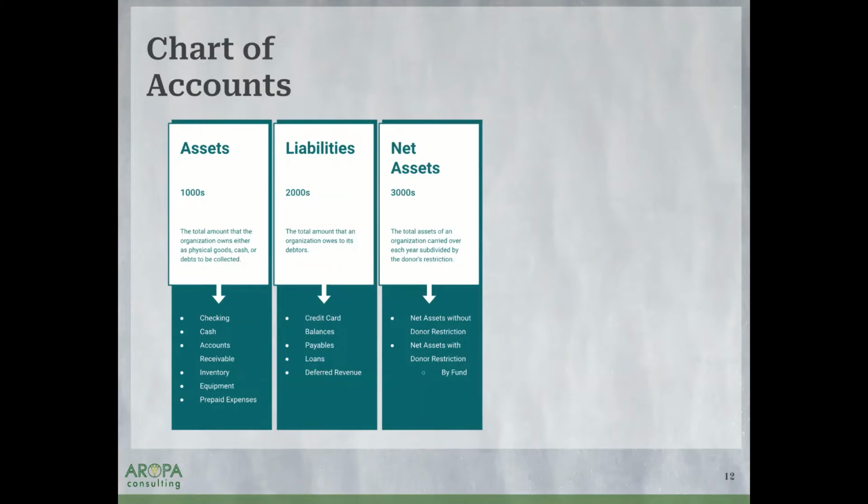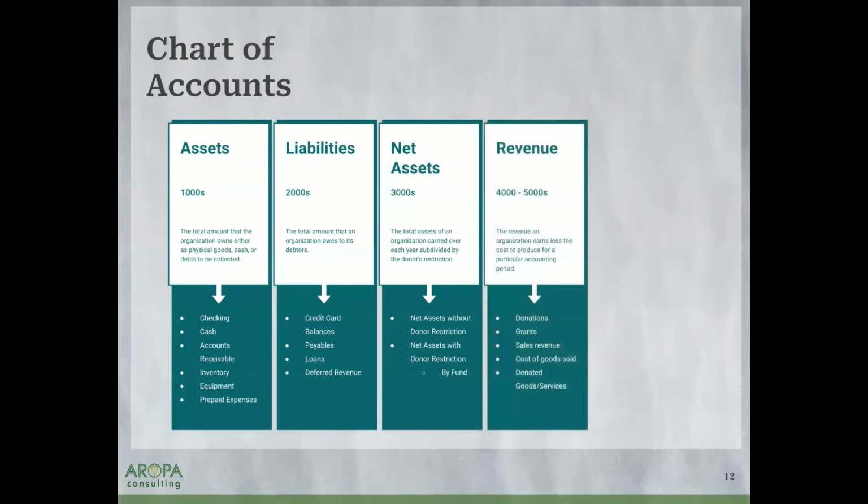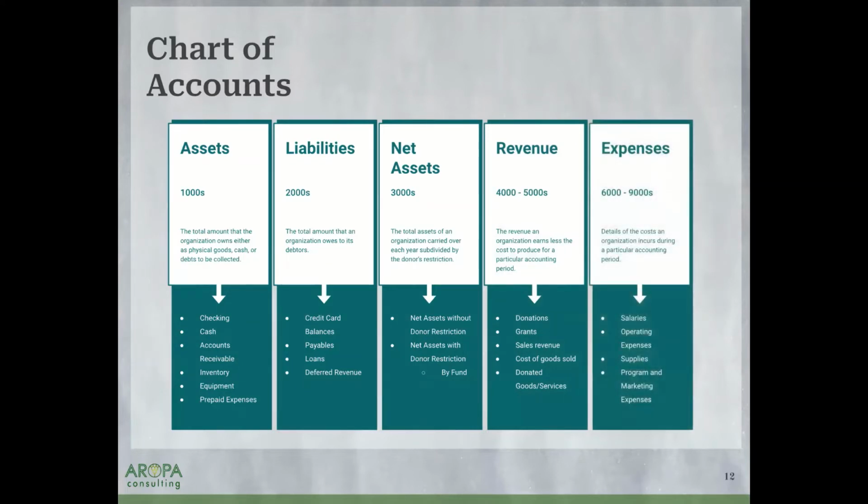That is why nonprofit accounting is sometimes called fund accounting. Each of these designations that donors can give is considered a fund, and in order to account for that, it is fund accounting. And then, as we discussed earlier, we have our revenue, all of the money that we earn either through producing a product or through our donations, and then all of our expenses, which we talked about earlier.